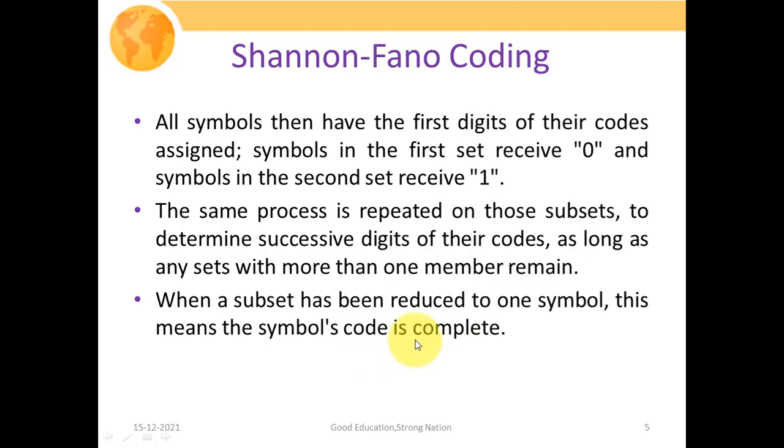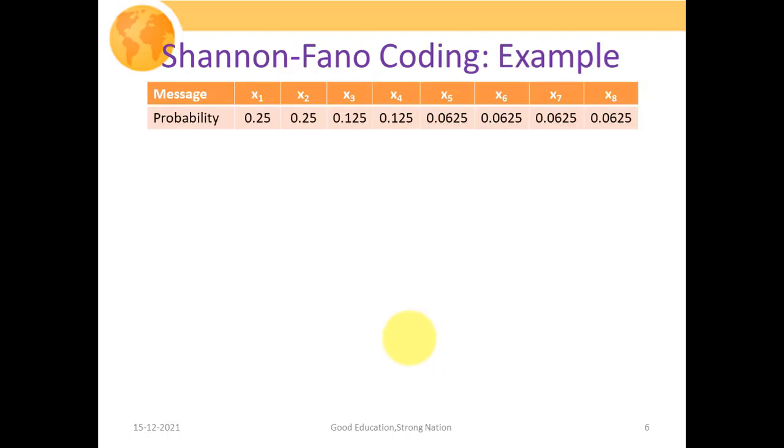Whatever we have discussed, let us understand with an example, so that all these algorithm steps are clear to us in a much better way. Let us consider this particular example. Suppose we have a stationary source which generates these symbols: x1, x2, x3, x4, x5, x6, x7 as well as x8. So this stationary source will generate 8 symbols, and the probability associated with the occurrence of each symbol is known to us.